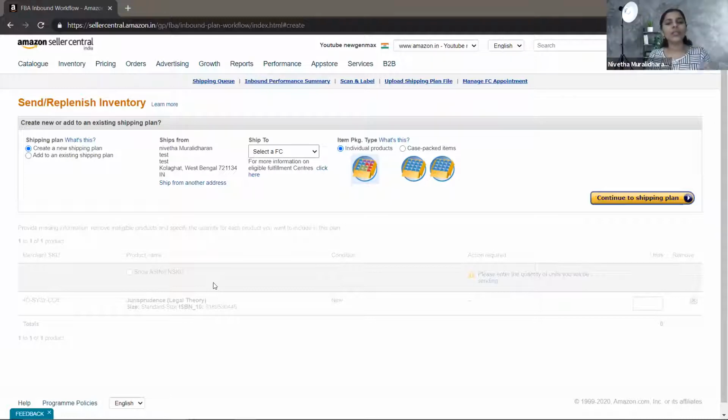Sorry, guys. Here you can enter your own address or your supplier address, but in case you are purchasing from a supplier for the first time, please get the product to your own location and then ship it from your own location. For 2 to 3 transactions, please do it from your own location. The major problem with suppliers is that they will send damaged products or irregular products. So in the initial 2 to 3 transactions, get the products to your own warehouse and send them from your warehouse. This is one small piece of advice that I'm sharing.